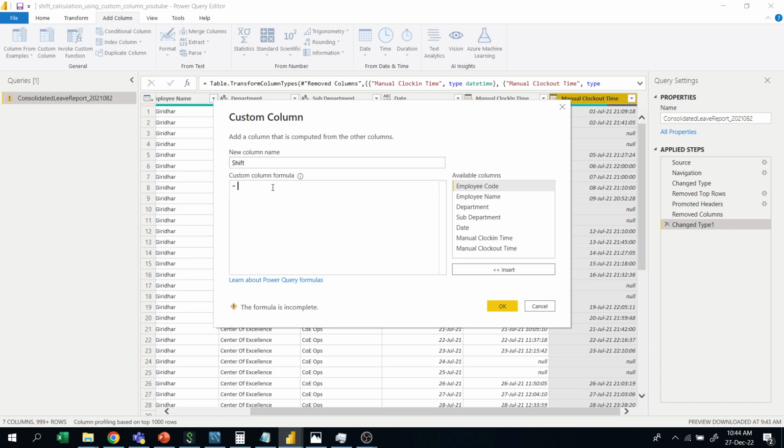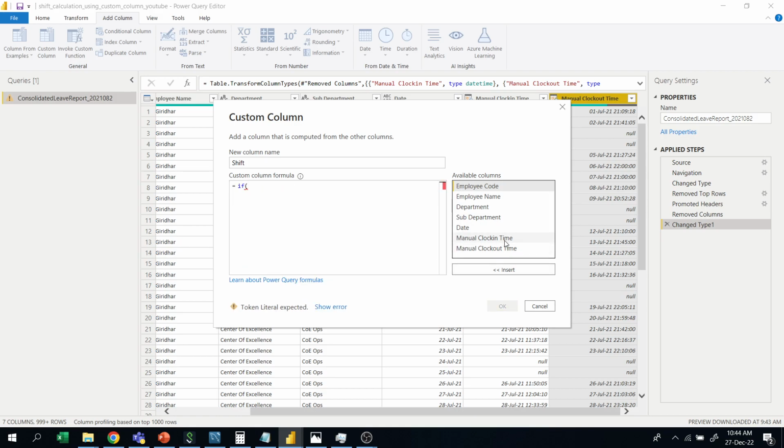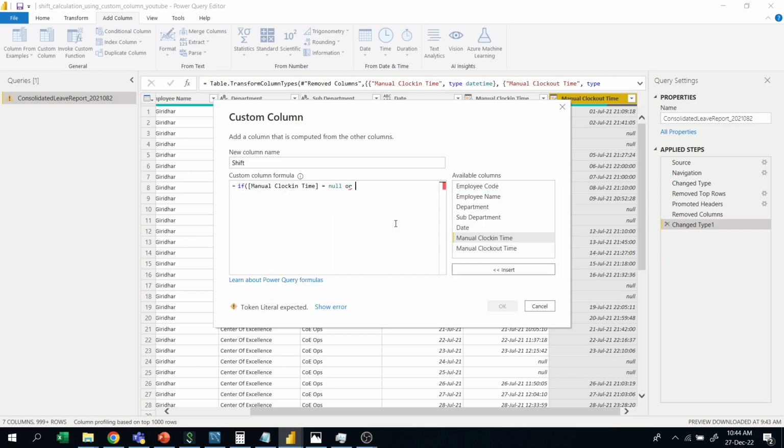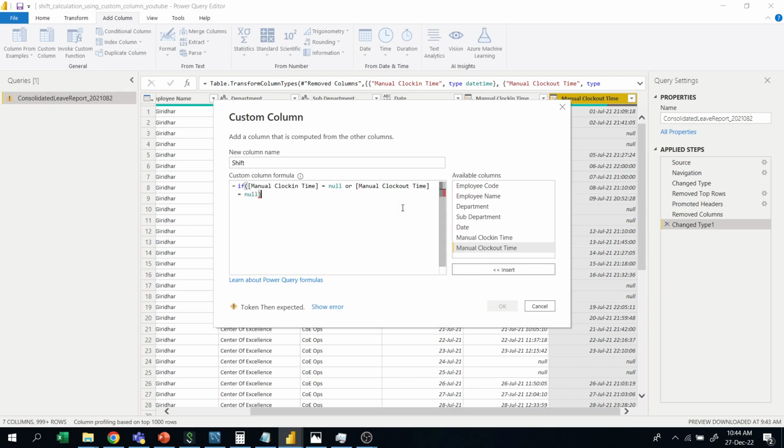Okay, so let's start. If manual clock-in time equals null or manual clock-out time equals null, then it is leave or holiday. Leave or holiday. Okay, else